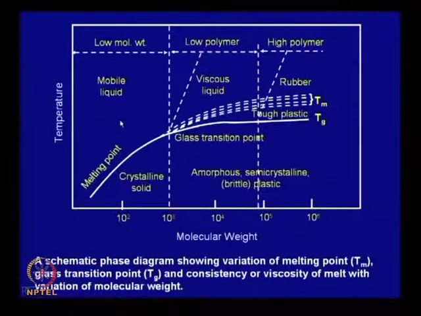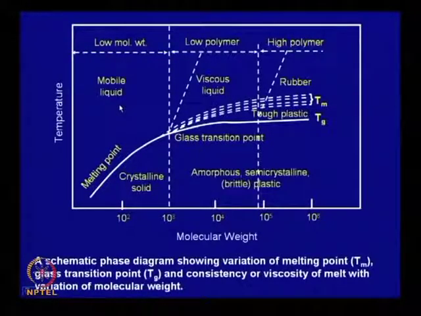So it will remain either in liquid phase or solid phase, amorphous solid phase or crystalline solid phase, and that depends on the molecular weight and the temperature. So up to this molecular weight, say 1000 molecular mass, below this temperature line it is crystalline solid, above it is